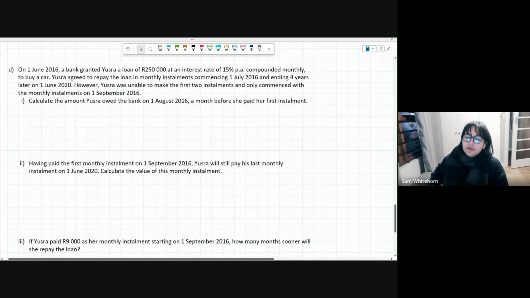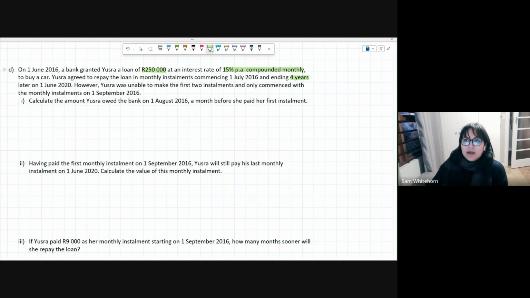Alrighty. On the 1st of June 2016, a bank granted Yusra a loan of 250,000 Rand at an interest rate of 15% per annum compounded monthly. You can see what I was saying earlier. We love a compounded monthly to buy a car. Yusra agreed to repay the loan in monthly installments commencing on 1 July 2016 and ending 4 years later on the 1st of June